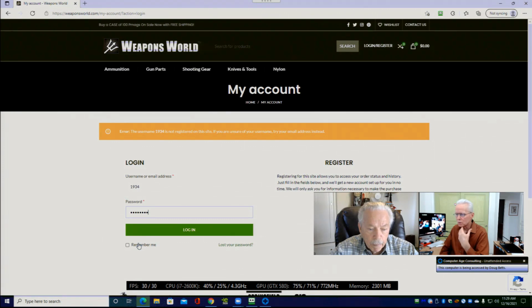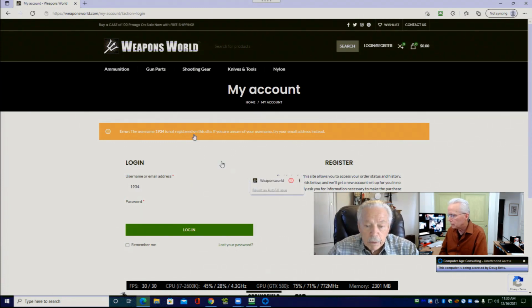So if a person was not using a password manager, using this remember me might be something they'd like to do so that they don't have to enter their username. But because you're using RoboForm, it's not any big deal to have RoboForm enter both of those. So there I clicked on login. See the little RoboForm logo right here? Yeah.